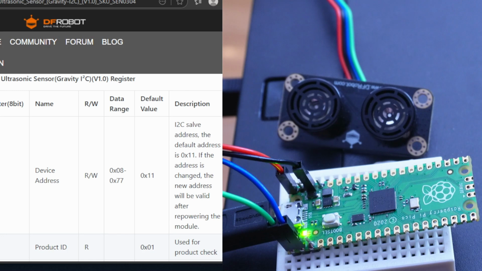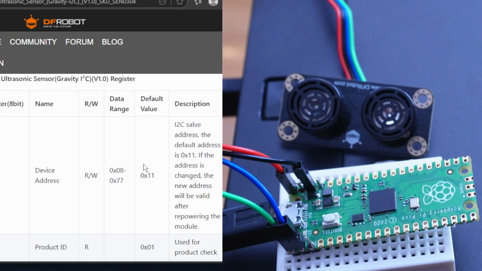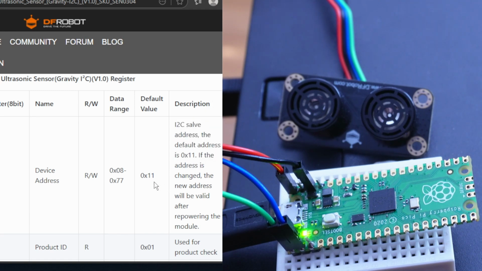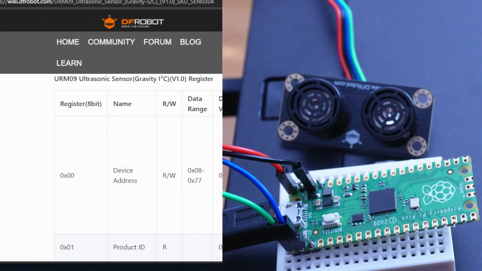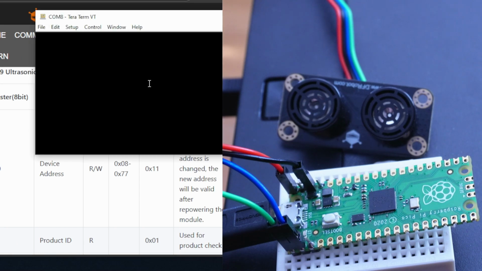If I pull up the website for this device, it's a URM ultrasonic distance sensor. We can see that this address has a default value of hex 11. It says that this is the default address, and we can actually change it. I'm going to scroll over here, and it says that if we write into the 0 address, we can change this device address. So I'm going to show you how to change the address,